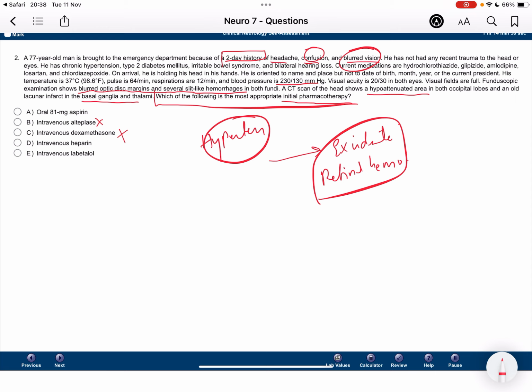Next we talk about intravenous labetalol, which is the most important thing that we usually do. So intravenous labetalol is the drug of choice for hypertensive encephalopathy in these kinds of patients. There can be another question such as, if intravenous labetalol is not available, what would you do? You can select another beta blocker such as esmolol, or calcium channel blockers such as nicardipine, or you can select nitroprusside.